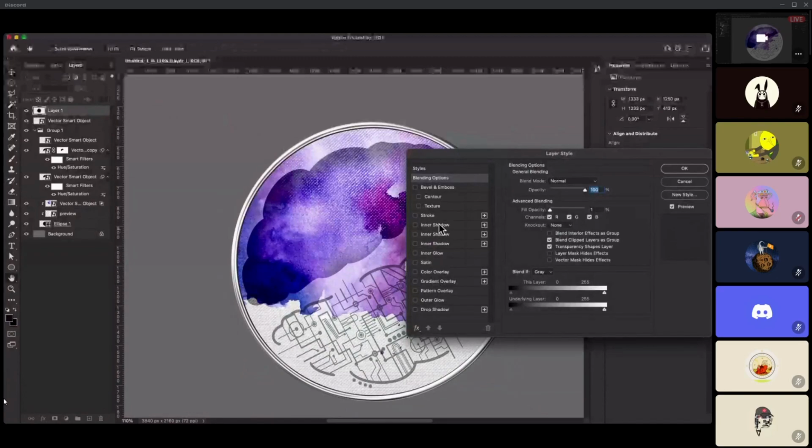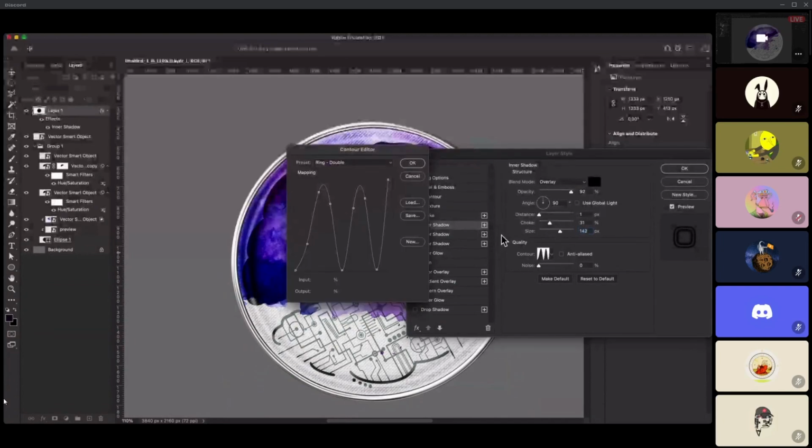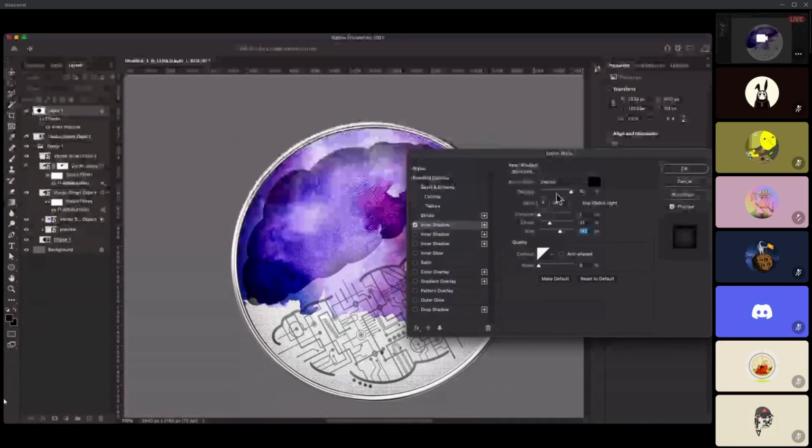If I come to inner shadows and increase the choke amount, which is the actual area of effect around it, and increase the distance, the area around starts to get darker further.